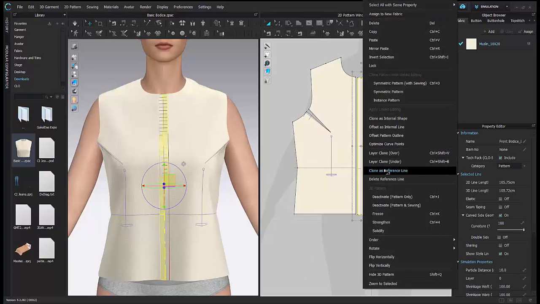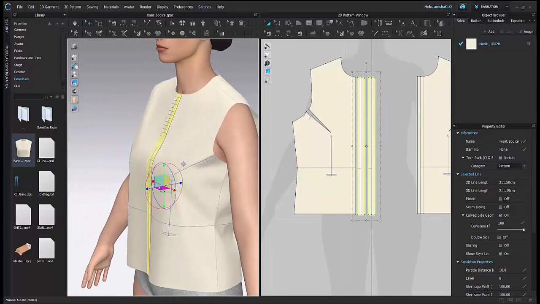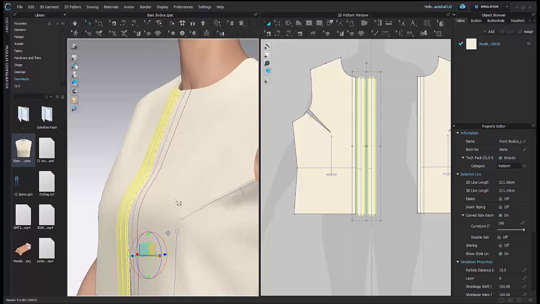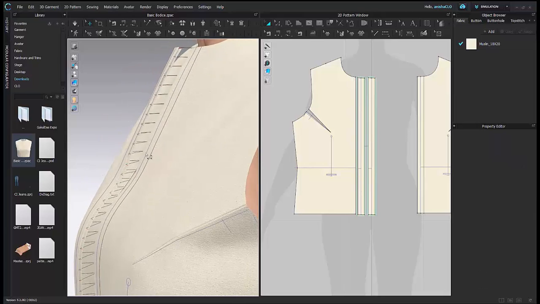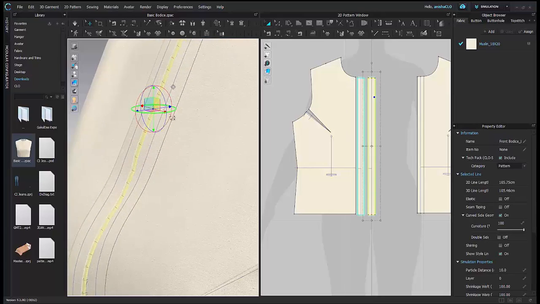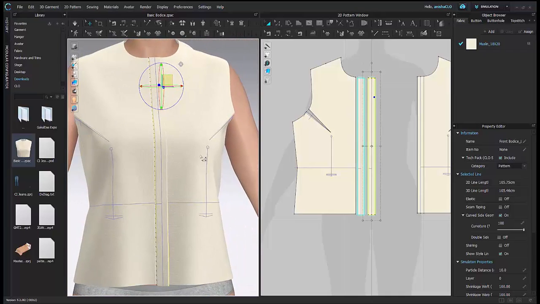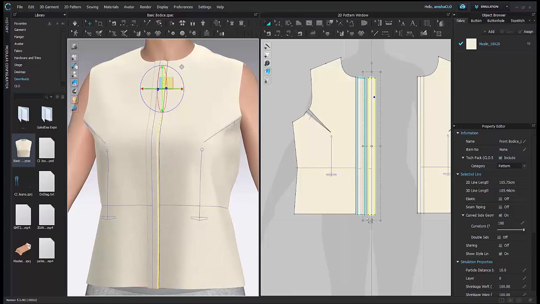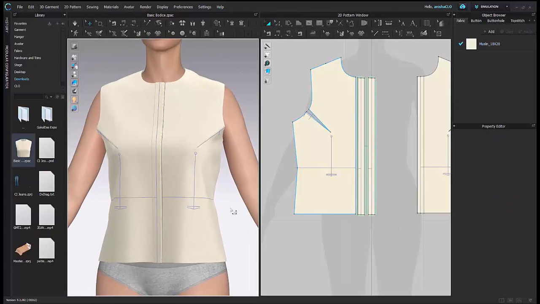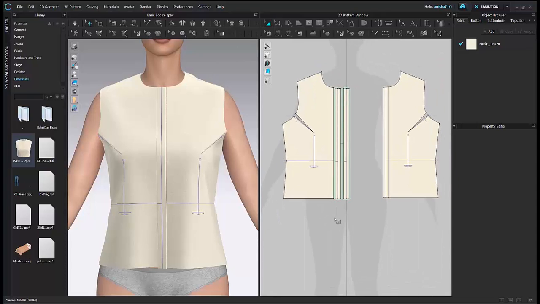I'm going to click on the placket, right click and layer clone under. When I do layer clone under, this will give me an option. This will give me the placket with layer, and I'm going to show you in the 3D window as well. So this is the original placket and this is the layer clone under, and all layer clone unders happen automatically with the sewing underneath. So this is done, and now if you want to create markings for your buttons, that